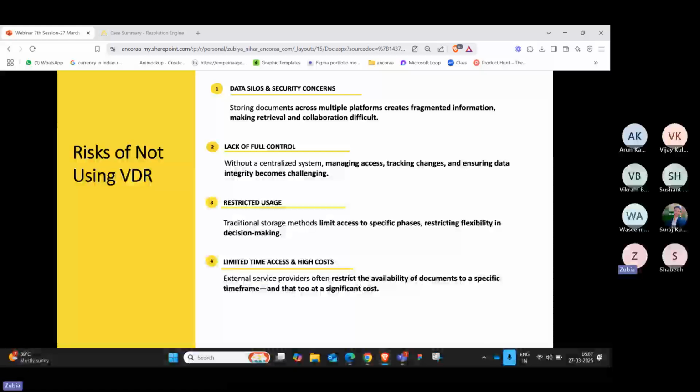And to highlight, we encourage you to use the VDR not only during a particular stage where you have to share documents with your prospective resolution applicants, but throughout the process. That will help you save a great deal of time by helping you reduce the risk of data scattering. And we'll talk about it in detail as discussed. So for now,